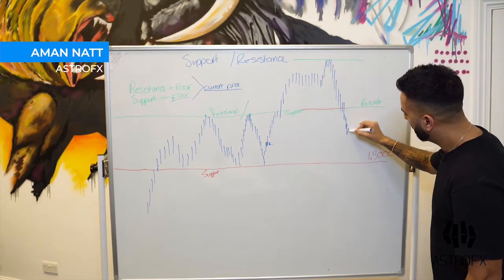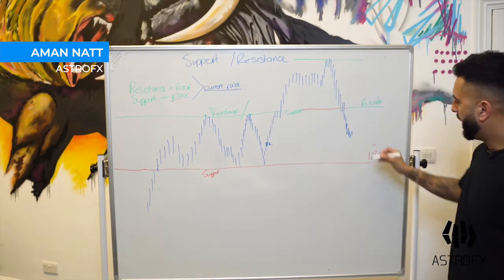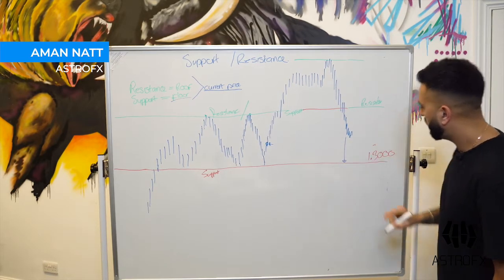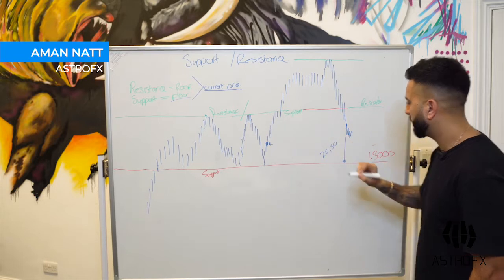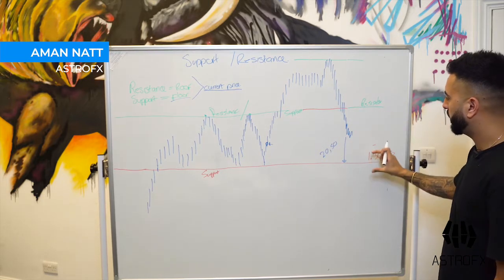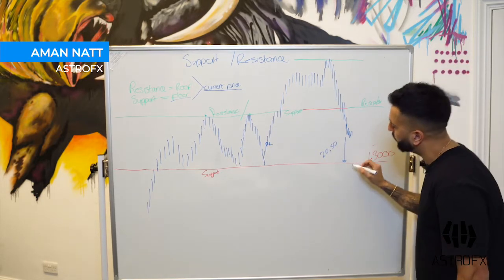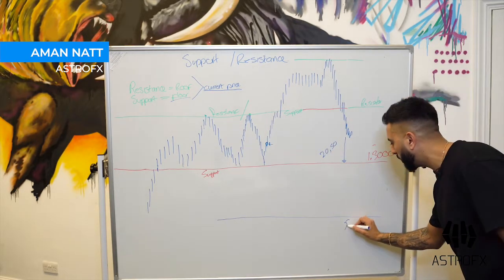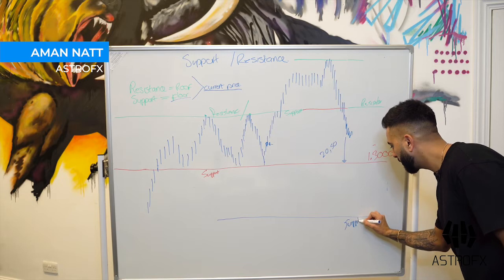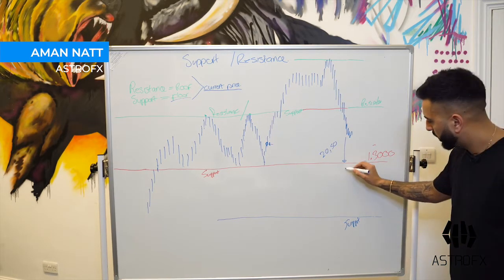Wherever the price is, I'm curious to say, okay, how far is it from the next support level? Is it 20 pips? Is it 50 pips? And obviously you can measure that as you like. And then you can say, right, if the price was to break this level, where is the next level we're going to go down to? Where is the next support for this pair? So the next support, let's say, could be a nice